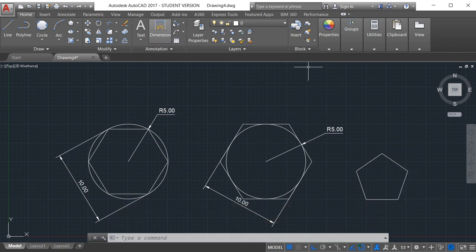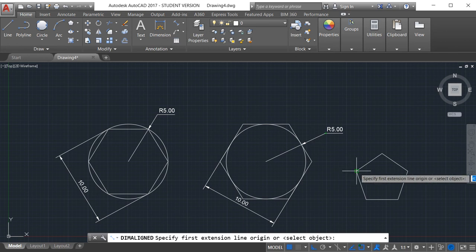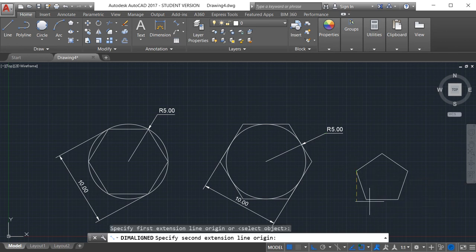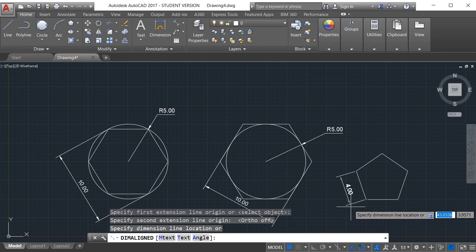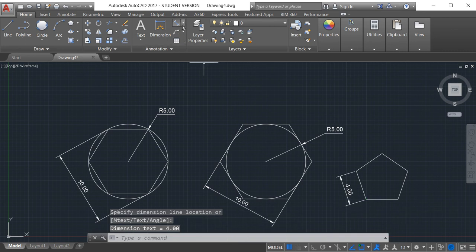See here, all the sides will be of 4 units, as I have given. I will turn off the ortho mode. This will be 4, then all the sides will be of 4 units. Now I am going to draw a triangle by the edge method.